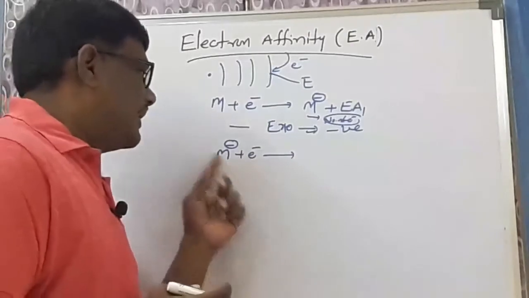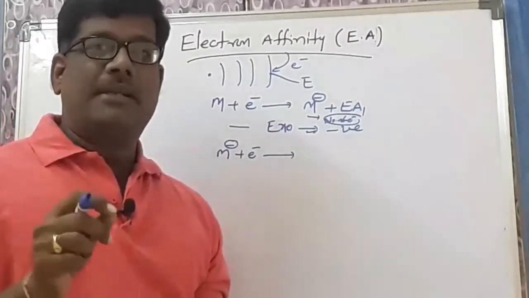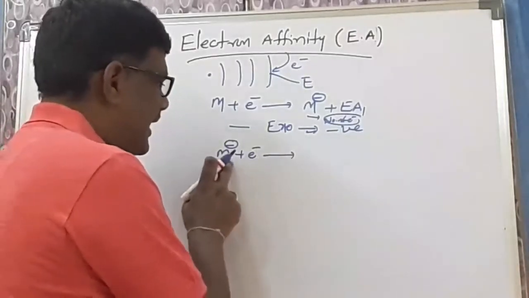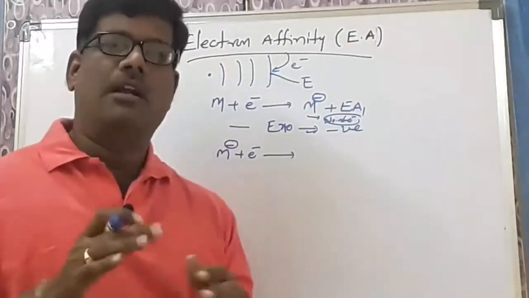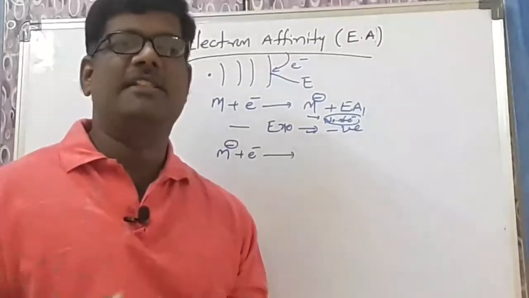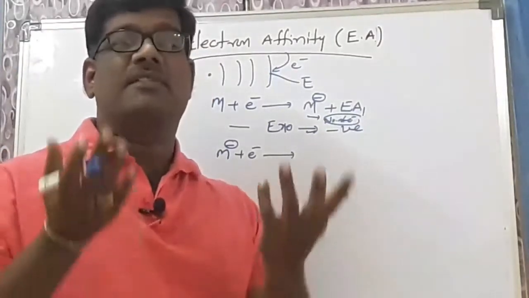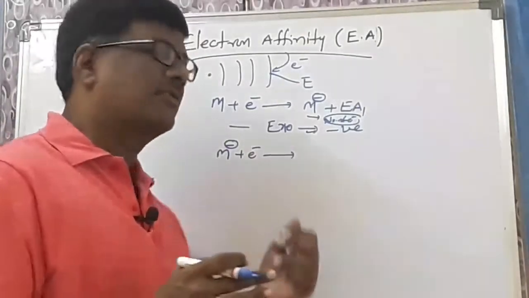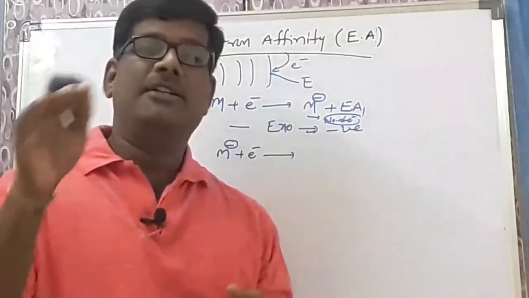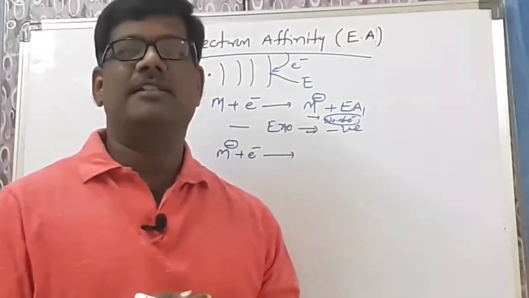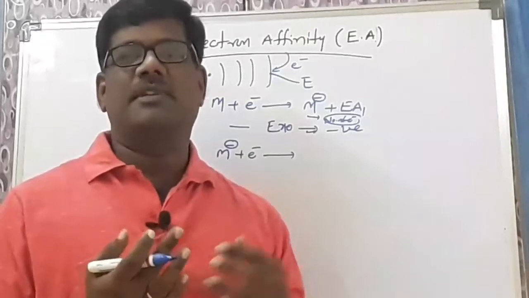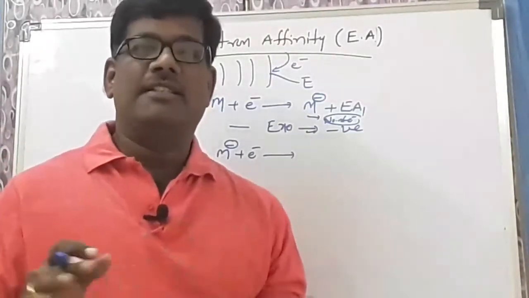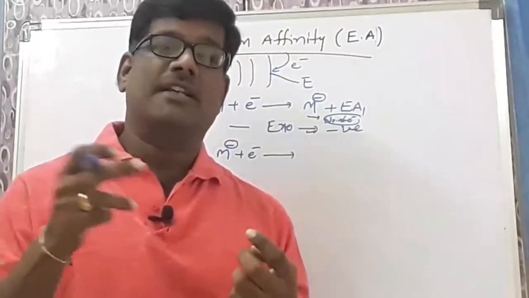So when you are adding another electron, immediately what happens? The repulsion between the already present electrons and the electron being added increases. Already electrons are high, so repulsion is there, and you are adding another electron, so repulsion further increases. Ultimately, energy is not released. Actually, this electron cannot be added unless you supply energy. You supply the energy, then only the repulsion is overcome and this electron is added. That's why here, energy is not released, energy is absorbed, in order to add the second electron.